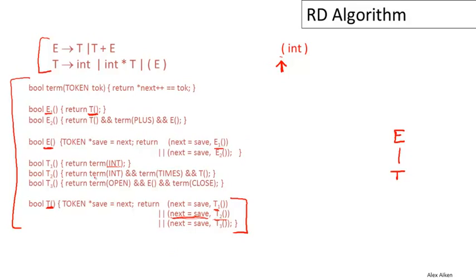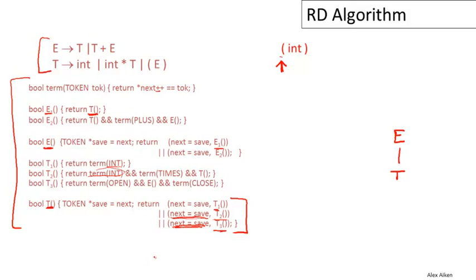And T2 is also going to ask, well, is the input pointer equal to an int? And recall that the term function here always increments the input pointer. So in fact, this pointer is going to move over one token, but this is going to return false because int doesn't match open paren. So we'll come back here. The input pointer will be restored back to the beginning of the string,